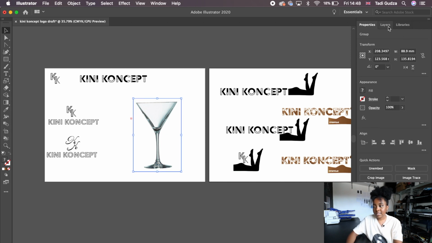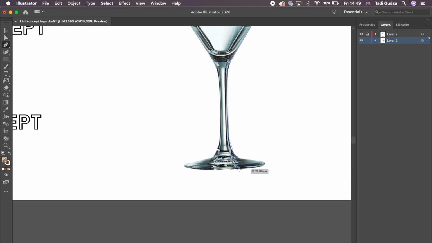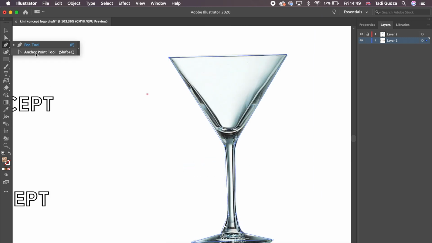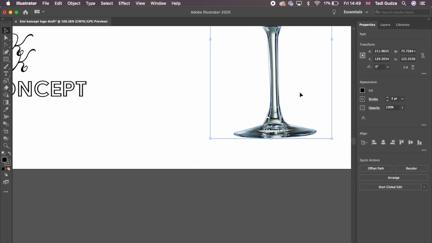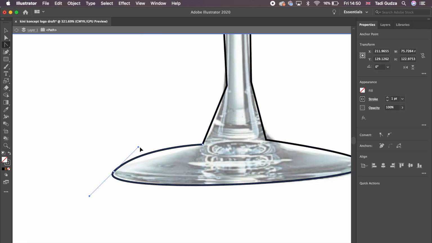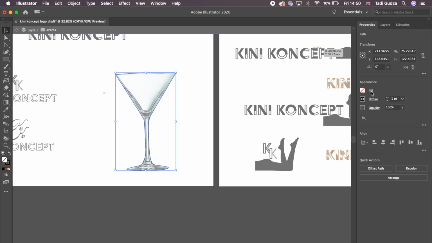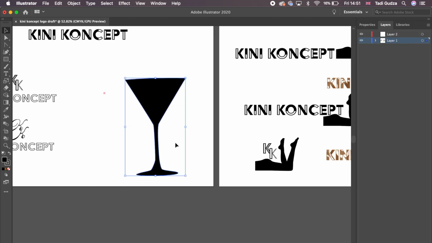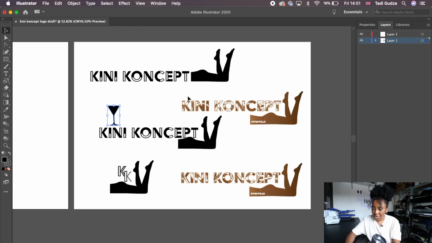And I'm going to do the exact same thing that I did before. Now that I've got my dodgy shaped martini glass, which I managed to actually butcher,